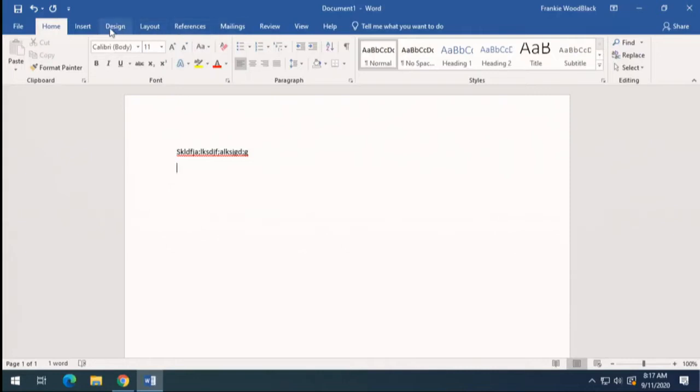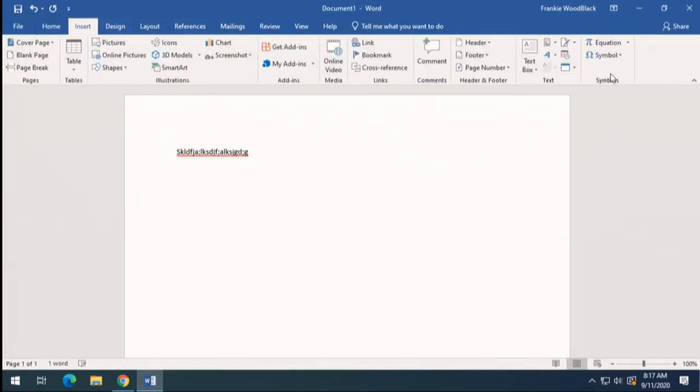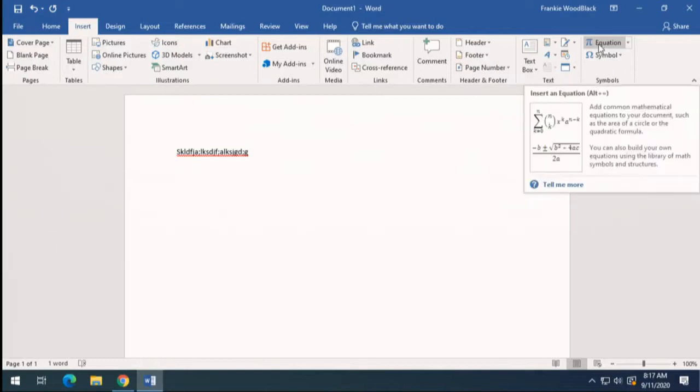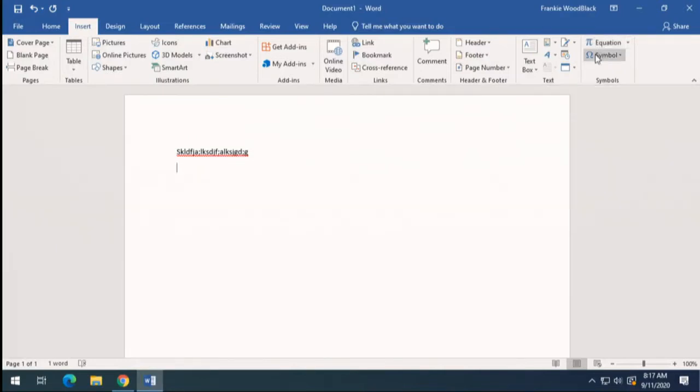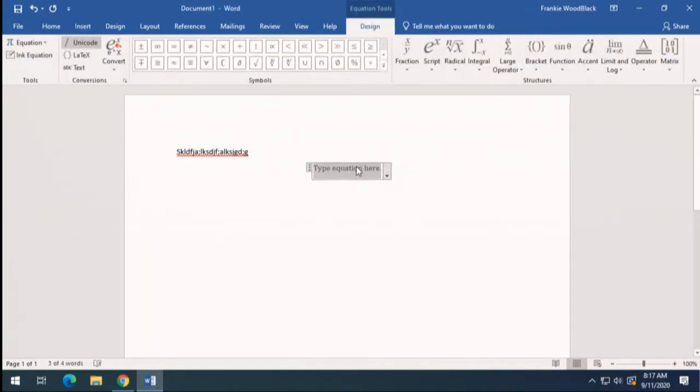If I go here and on the insert bar, you've got an equation tool and a symbol tool. And so your equation tool, if you click on that, you can get x is equal to, and then you